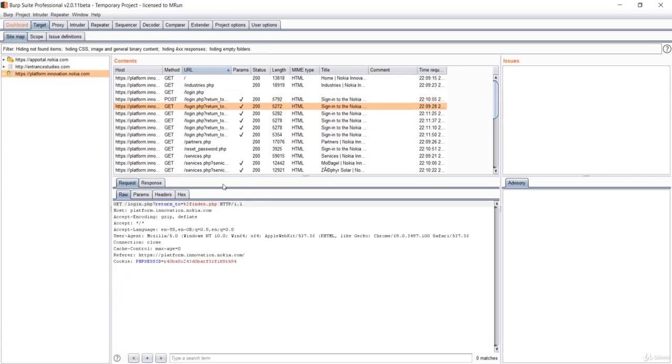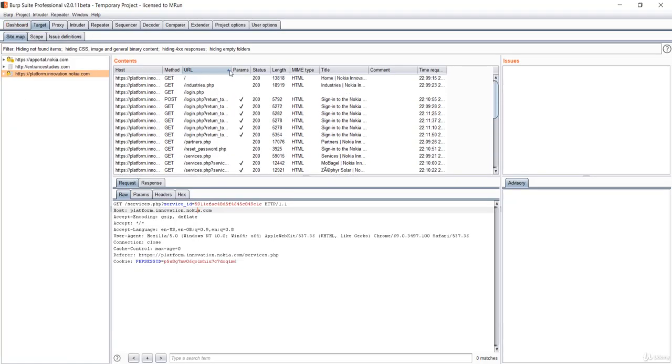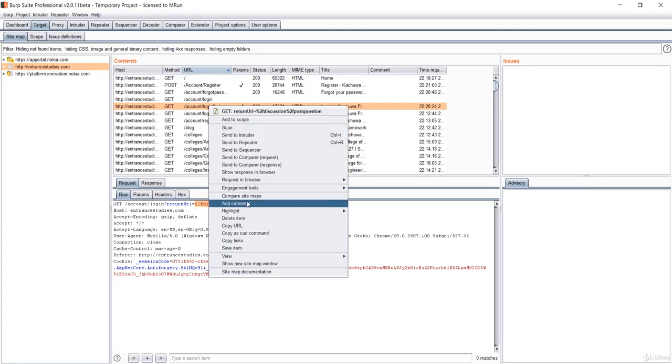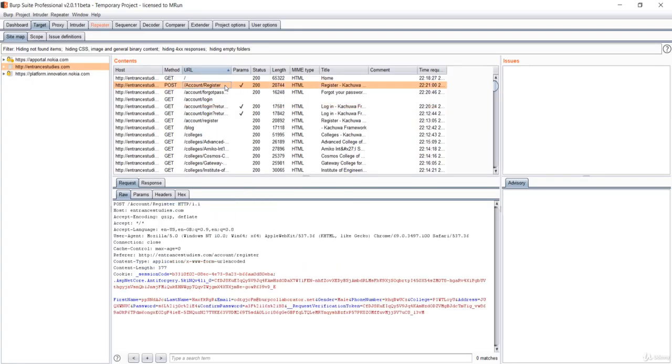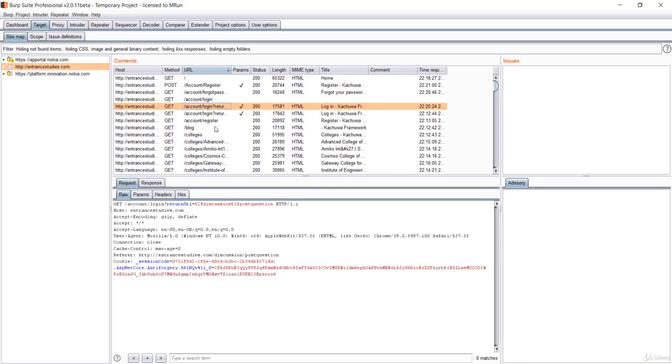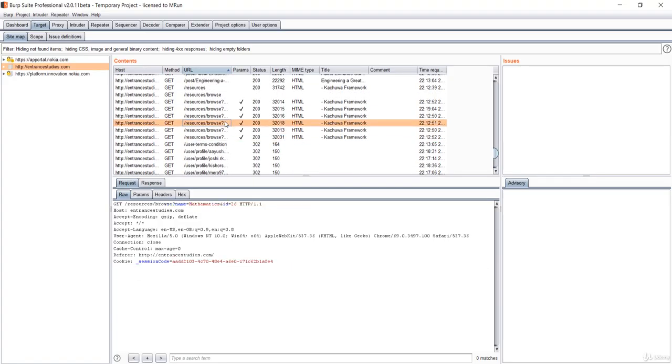You can check these fields. It also has the service ID, but this is not going to give us a URL redirection. You have to search for fields like return to, return URL, or something like that. You can see another parameter over here, so let me try this one. First of all, I need to send it to the repeater. I think this is not going to work, because we have seen that for the login it was not working already. So it is not a good way to test this one.